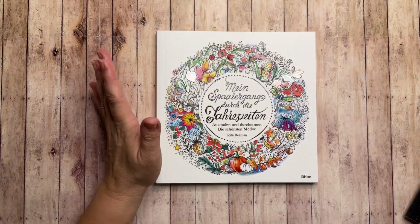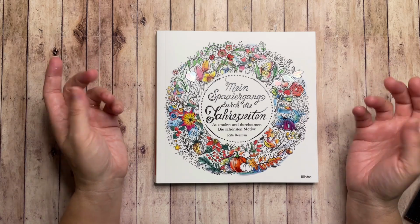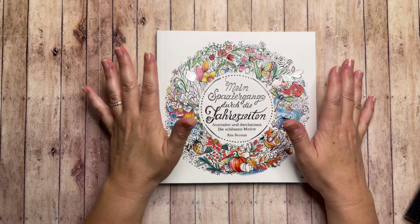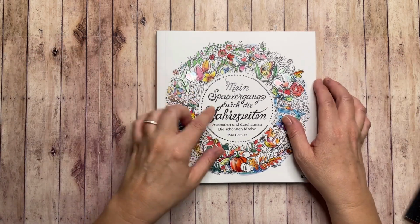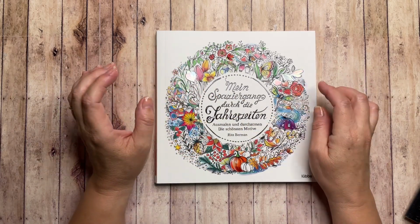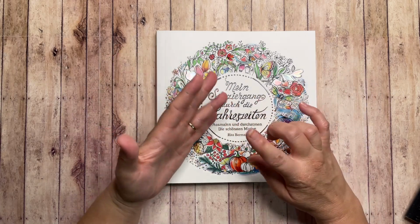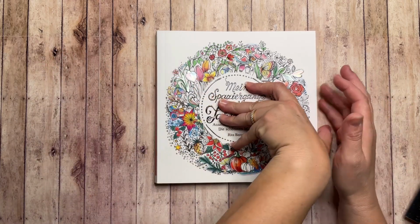Okay, and then of course, I just needed another excuse to get another one of her books. I like to color by season, so I thought this was perfect, and I didn't have it. So I have no idea what this says, but all I know is that it's the Seasons book by Rita Berman. It takes pictures from her other books, the summer, winter, fall and spring books, and kind of compiles them